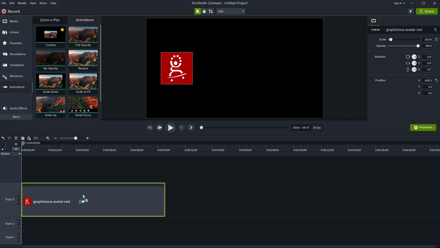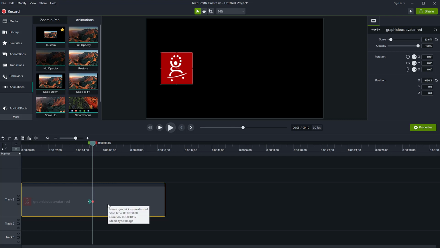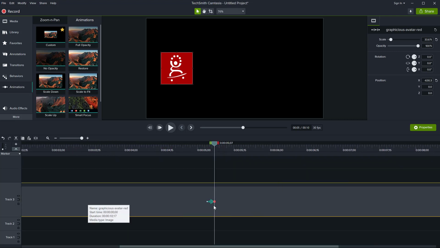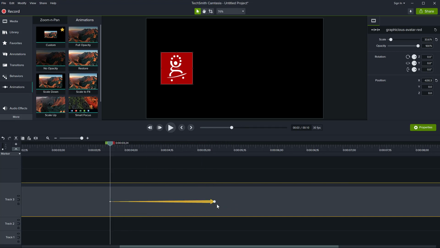When you do that, the clips highlight and you can see I'm not letting go of the mouse yet. I can move it left and right to determine where it starts or ends. So I'm just going to leave it here in the middle of the clip. By default, you can see that the animation is quite short. So if I zoom in, I can see that it is actually an arrow. If I pull these two, the starting point and the end point, I can move left and move right. These two dots indicate the start and the end of my animation. Let's play this from before the start.